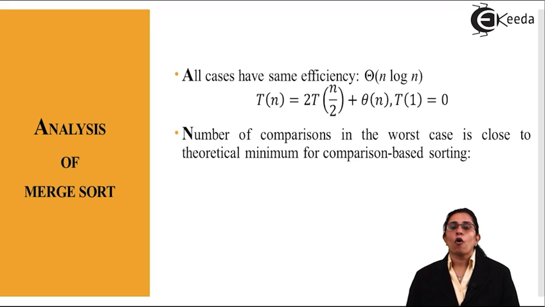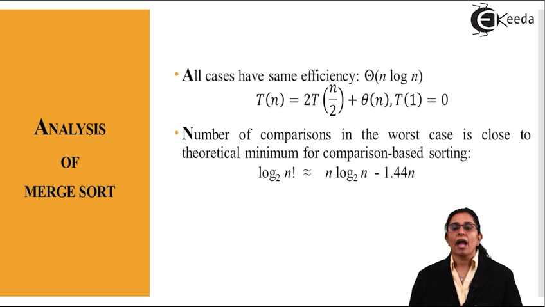So the equation T(n) = 2T(n/2) + theta n holds when T of 1 is 0. Now if I have a comparison based sorting which is log to the base 2 of n factorial, then it leads to n log to the base 2 n minus 1.44 n. This is a simple theoretical equation which has been derived to find the complexity. Now the space requirement for merge sort is theta n,